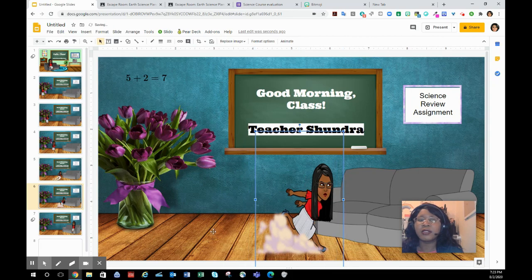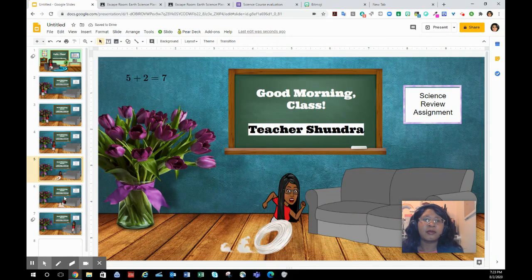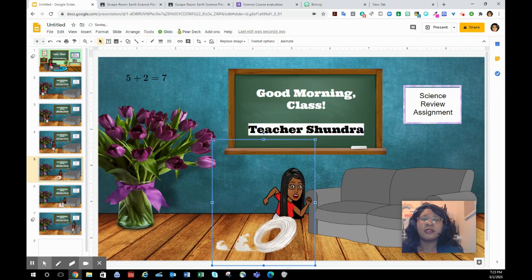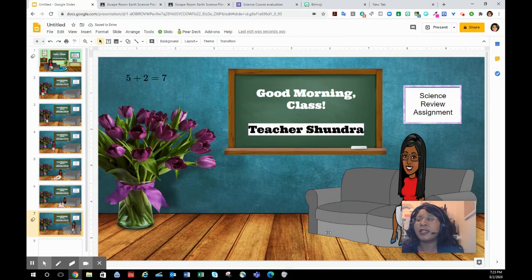Gonna get her a little there. Make her a little bigger. And I can crop it to make it a little bigger too, and now we have her